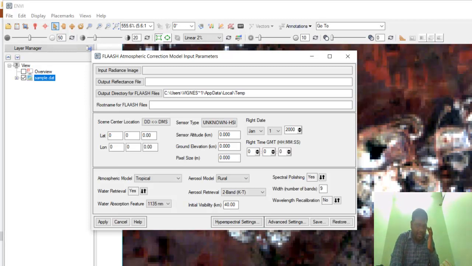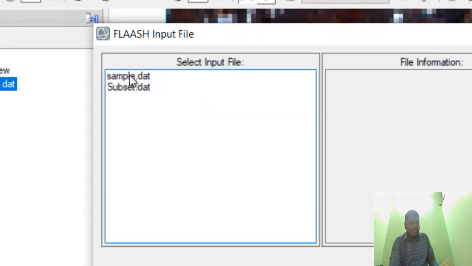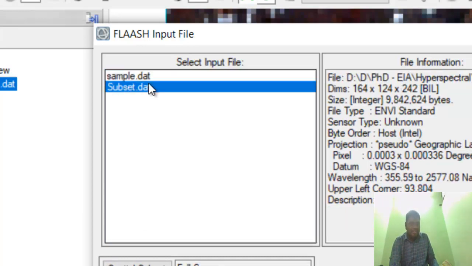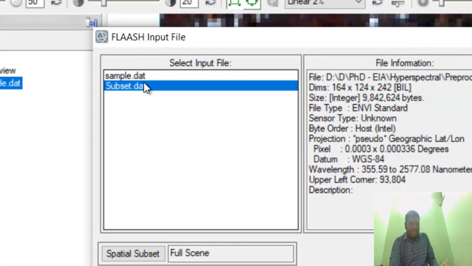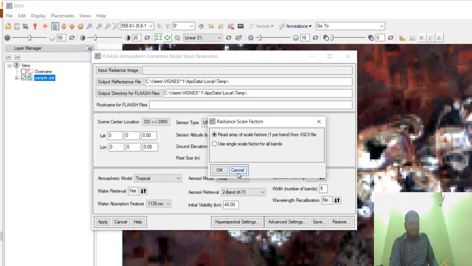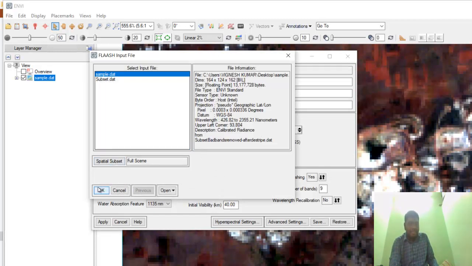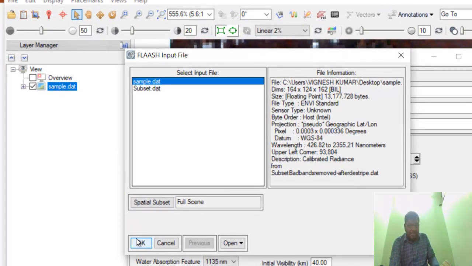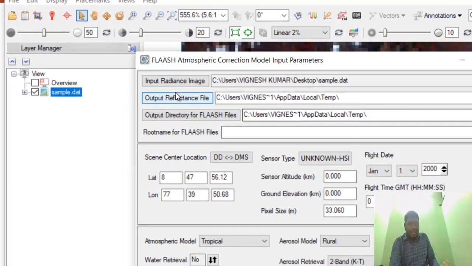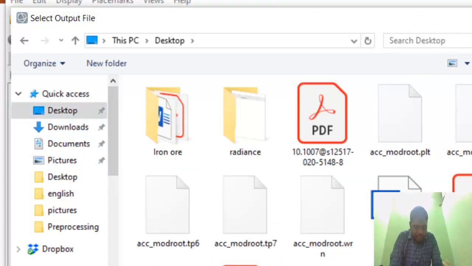So just open the FLAASH atmospheric correction model and give the input radiance file. If we give the subset file as an input, it's not a radiance file, and definitely it won't work. So just give the radiance file sample in BIL format, give the single scale factor, and give where you want to save the output.